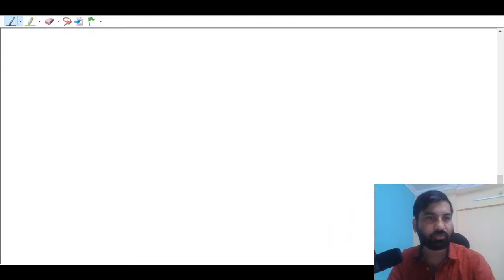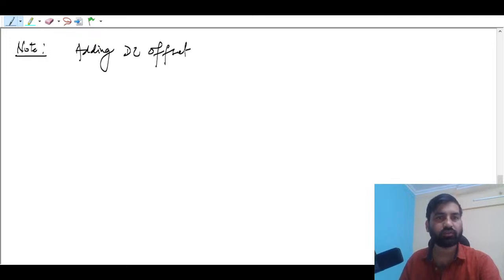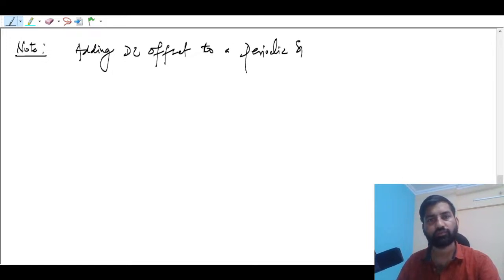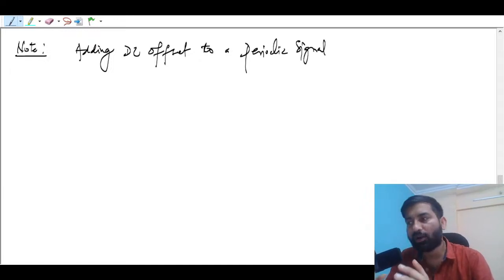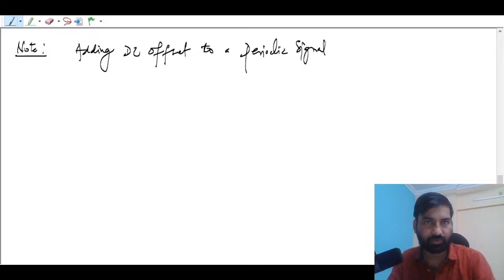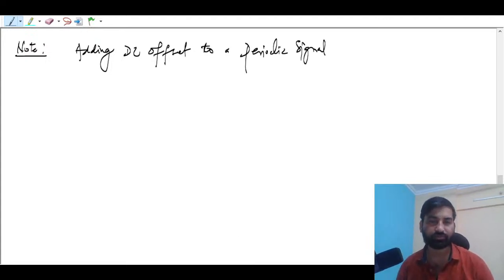Let me write a note. Adding a DC offset to a periodic signal. See, you are dealing with Fourier series, so you always have to deal with periodic signals only, आपको हमेशा पीरियोडिक सिग्नल को ही डील करना है, not non-periodic signals. If the signal is aperiodic, or not periodic, then we have to go for the Fourier transform. So adding a DC offset to a periodic signal changes its DC value,